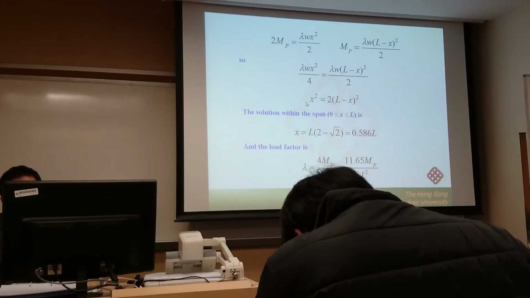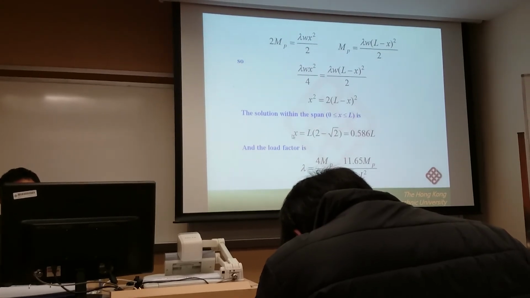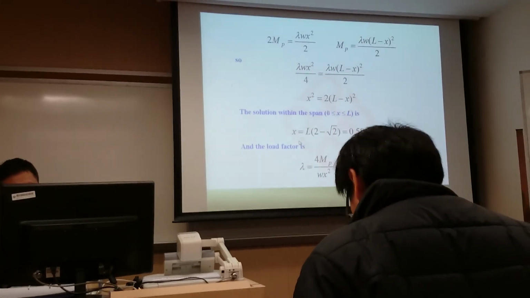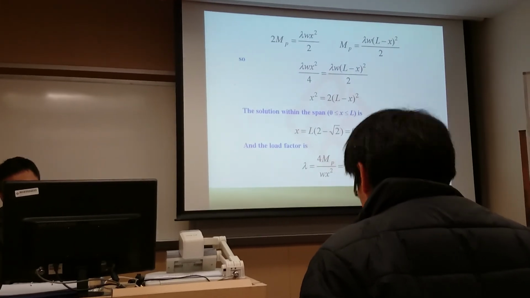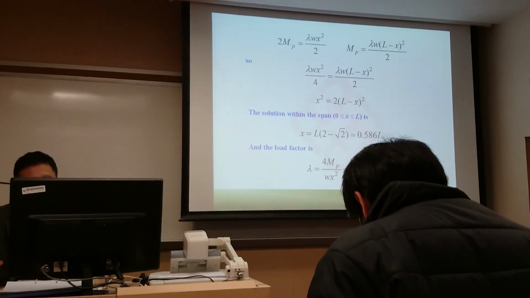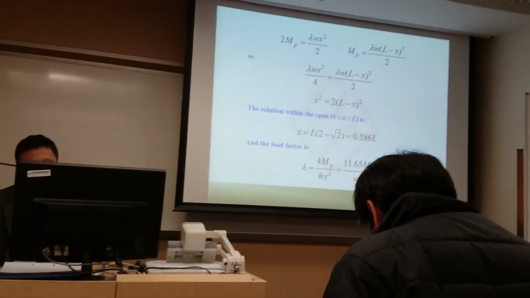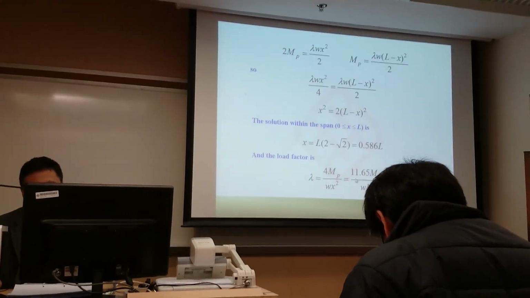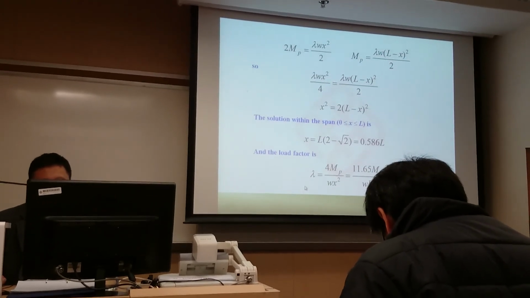Because this MP is equal to 0, so we can obtain the equation and we can eliminate MP, obtain the equation about x, and then we can obtain the solution about x, and x must not be equal to L/2. So we can obtain the x value. So here we can obtain another value about lambda. Okay, so now I have